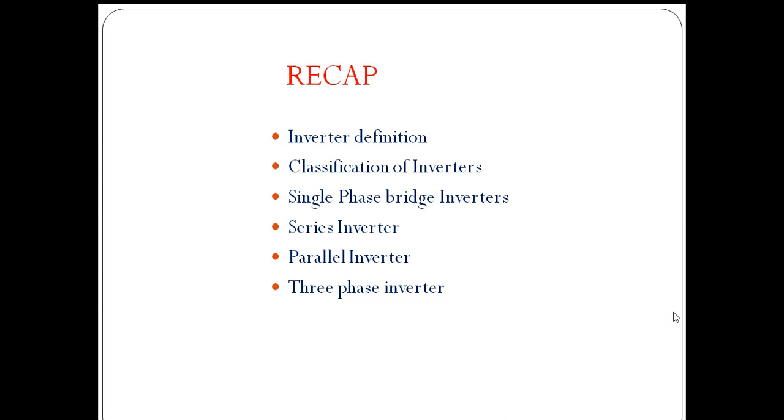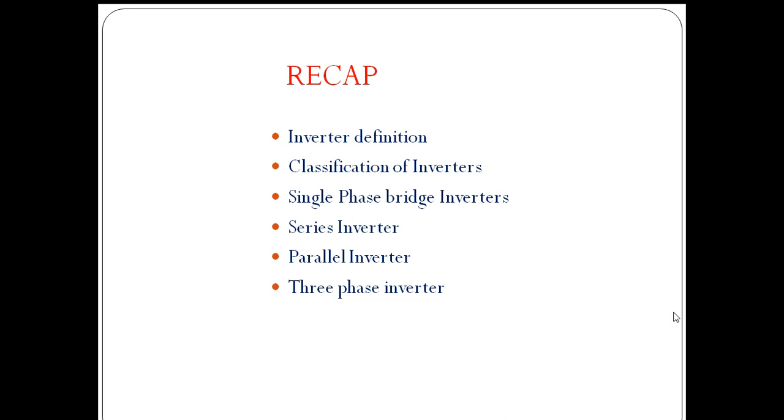Then we discussed single phase bridge inverters. In that, we mainly focused on the single phase half bridge inverter and the full bridge inverter. The main drawback of the half bridge inverter is that we are using a 3 wire DC supply, and the source utilization factor is up to 50% only. So to alleviate that problem, we went with the single phase full bridge inverter, and the detailed circuit diagram, concerned waveforms and circuit operation we have discussed.